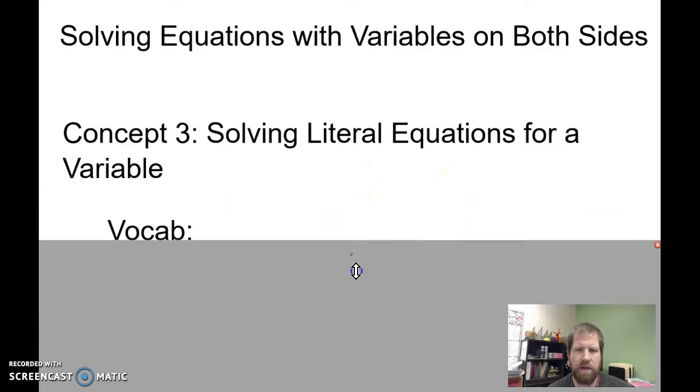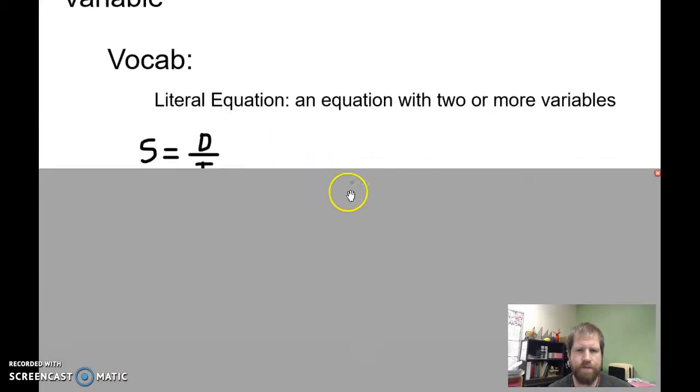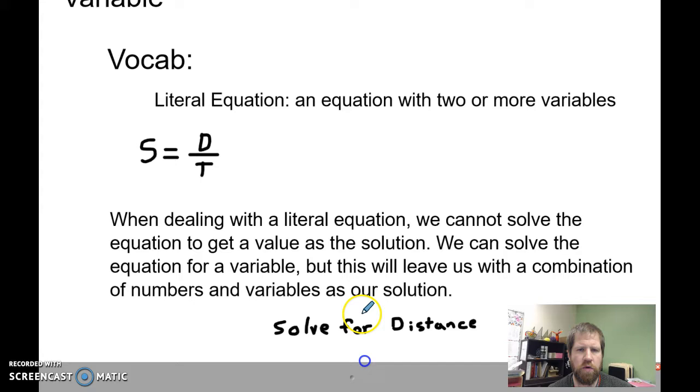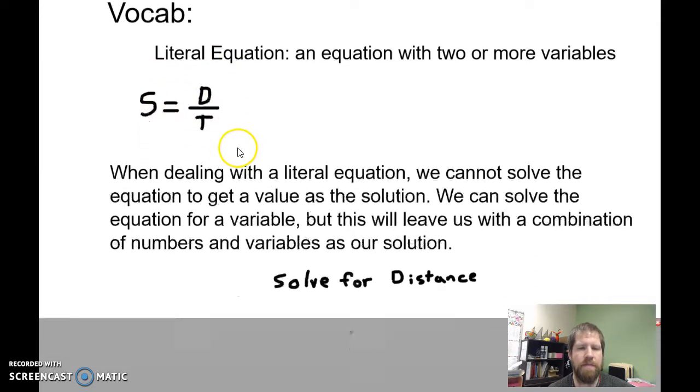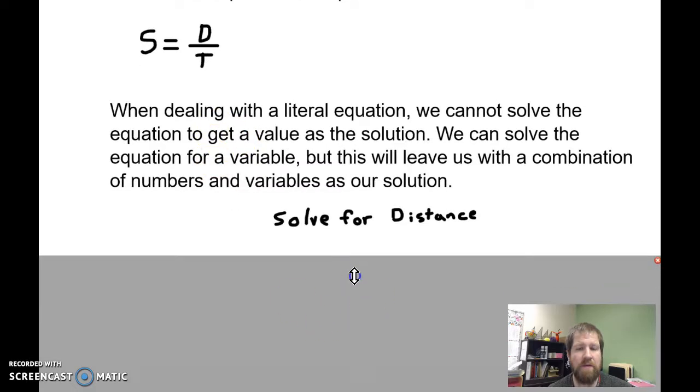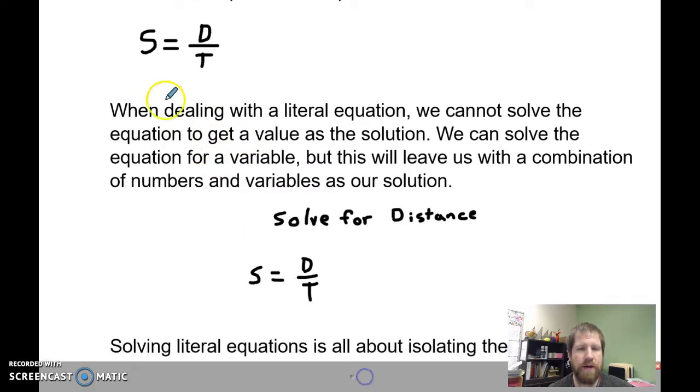Concept 3, solving literal equations for a variable. So a literal equation is just an equation that has more than one variable in it. It can also have numbers and values and operations, but it has to have at least two variables. Okay? And the thing about having more than one variable in an equation is you can't solve it to get